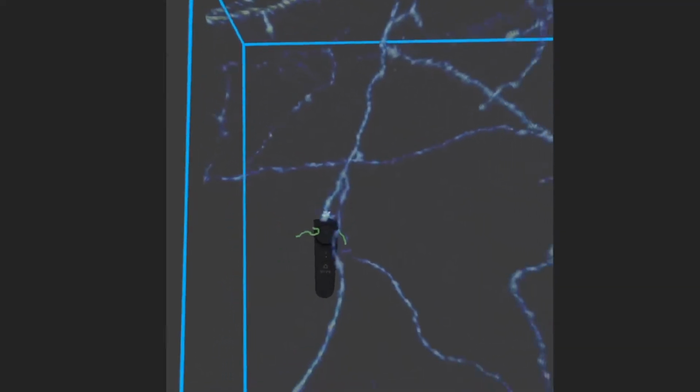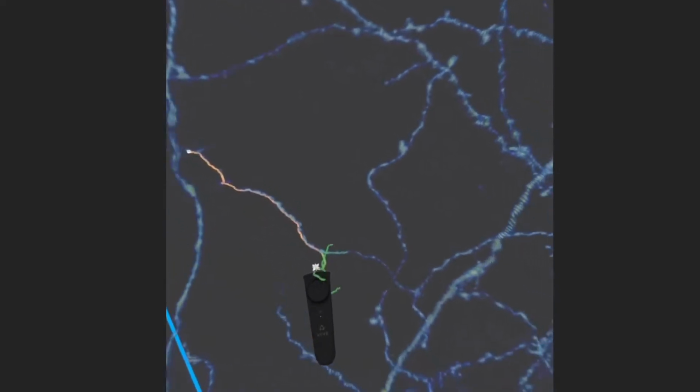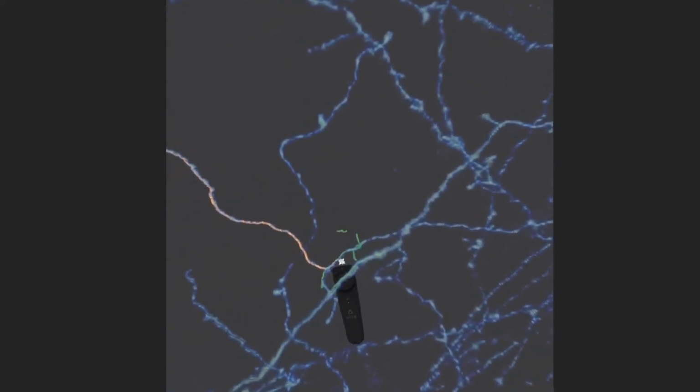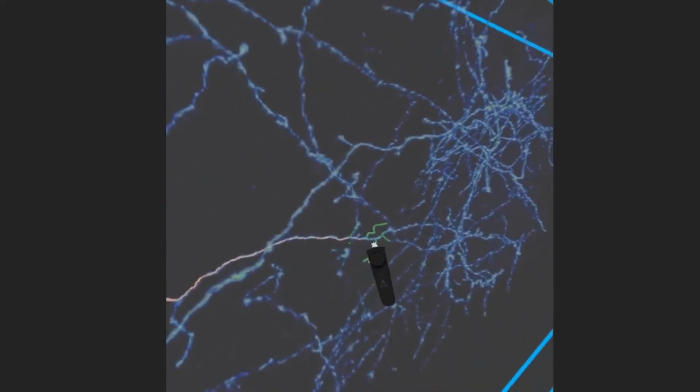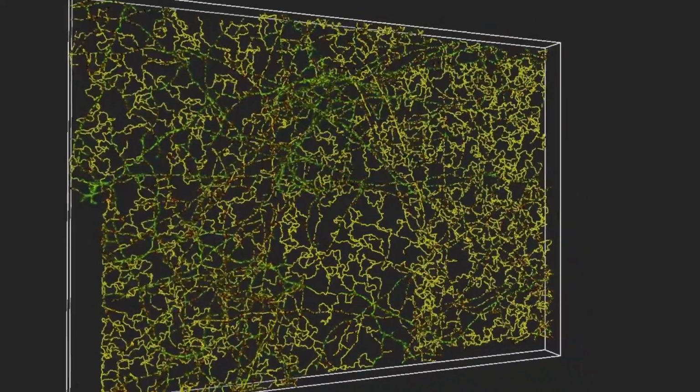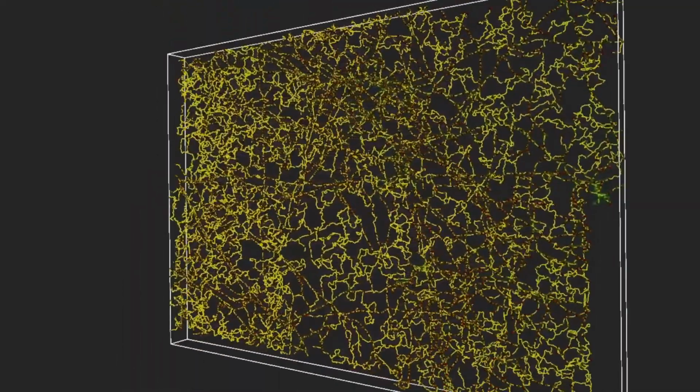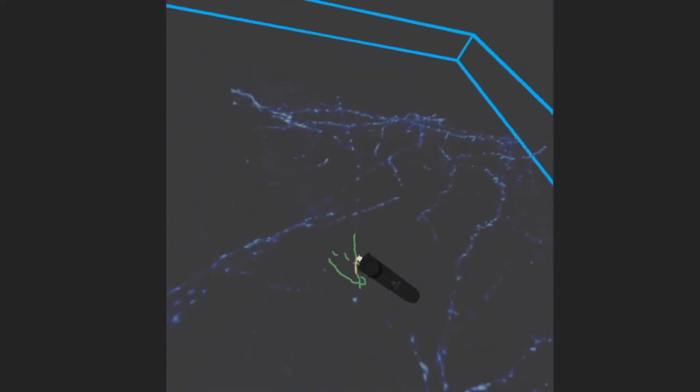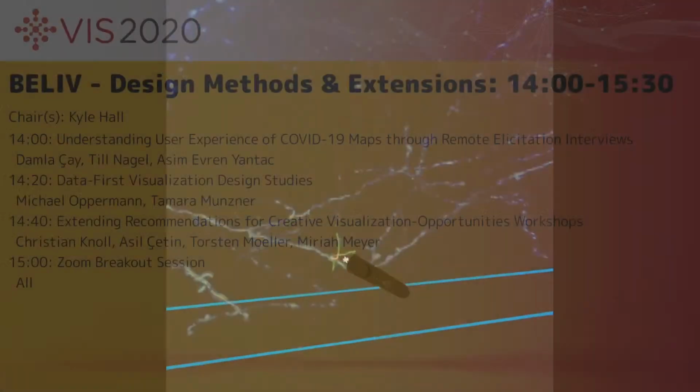We propose a new semi-automatic method that uses topological features to guide users in tracing neurons, and integrate this method within a virtual reality framework. We use the Morse-Smale complex to find a set of candidate neuron arcs. The candidate arcs are integrated into a VR neuron tracing system, and